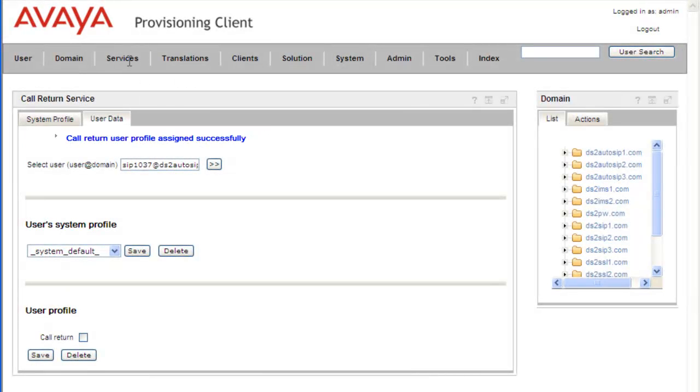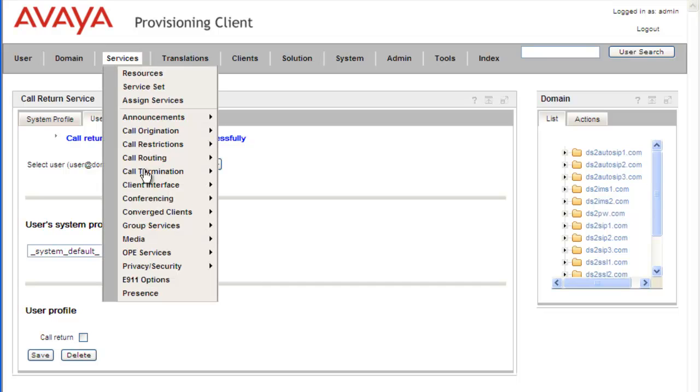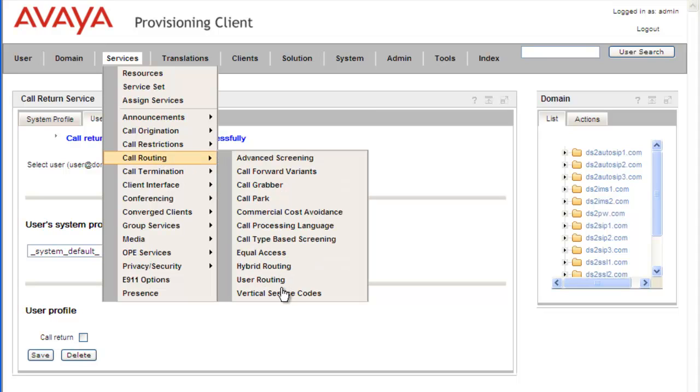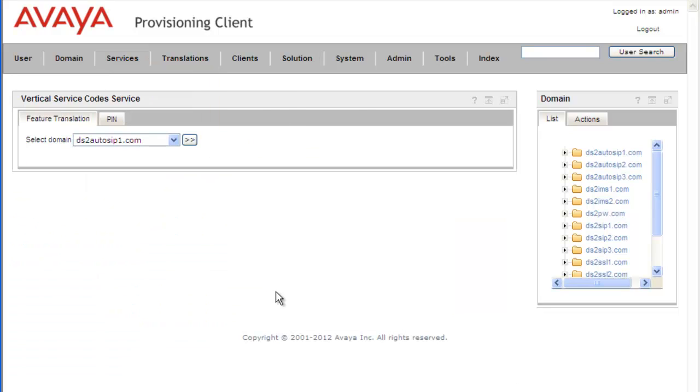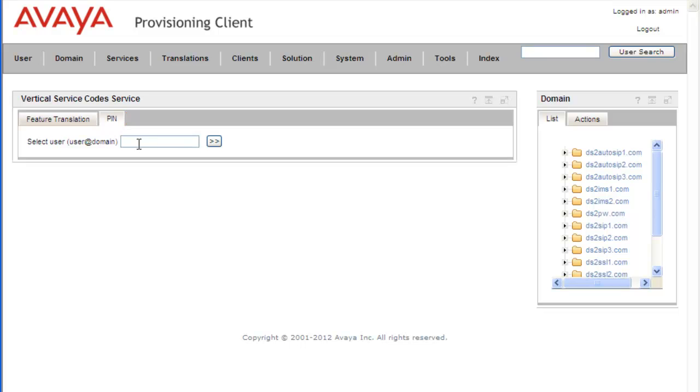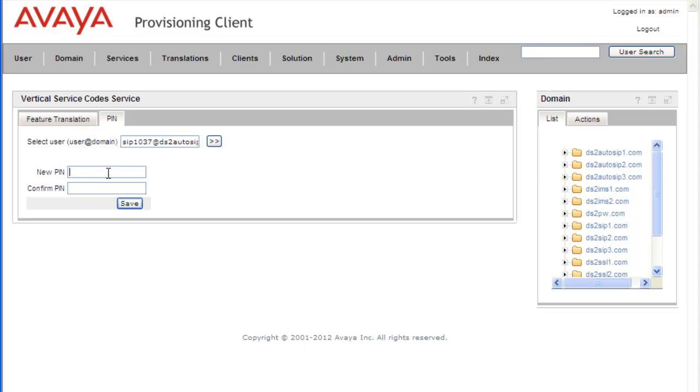And now we can go to our Services, Routing Services, and under Vertical Service Codes, open the portlet. And under the Vertical Service Codes portlet, we can click on the pin, type in our user, SIP1037, click on the view, and from here we just enter in the new pin number,